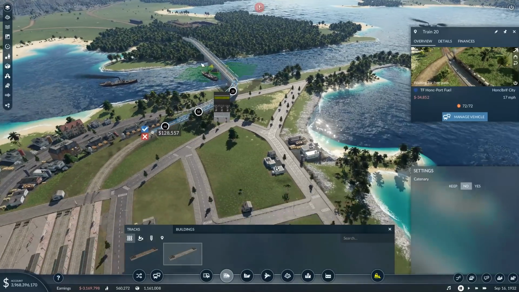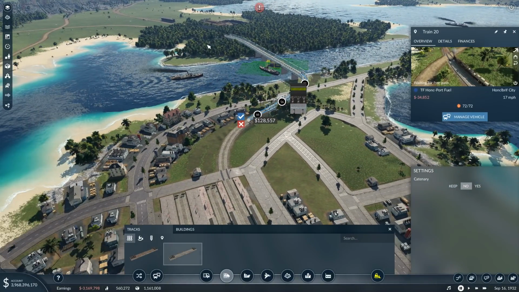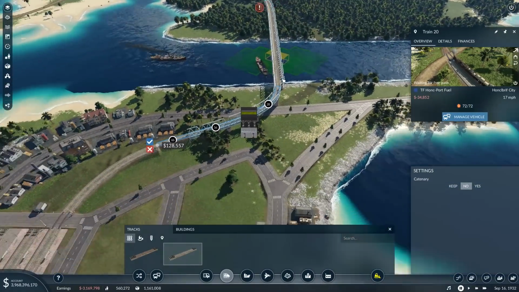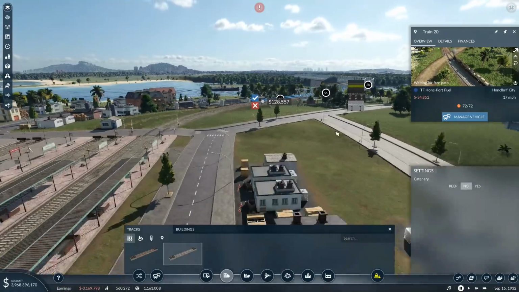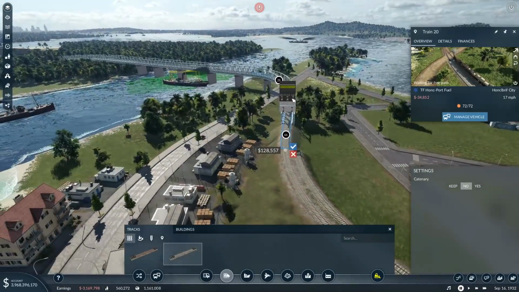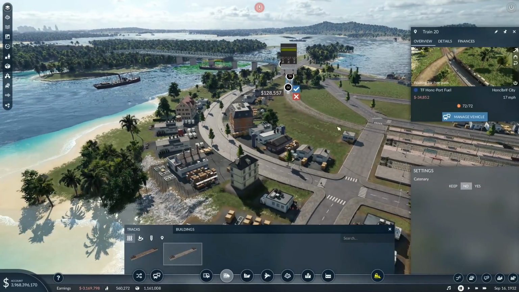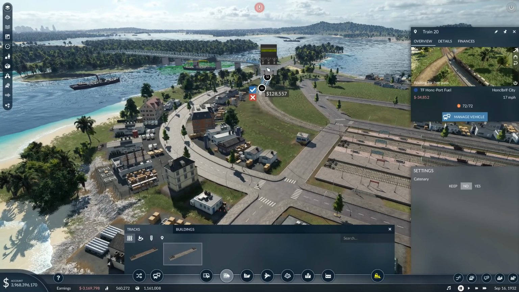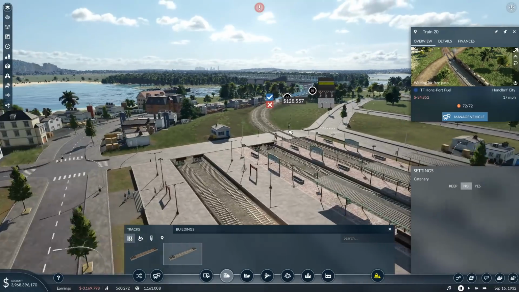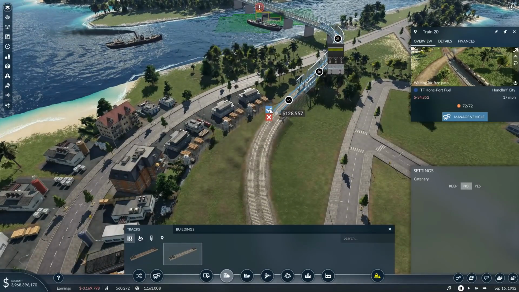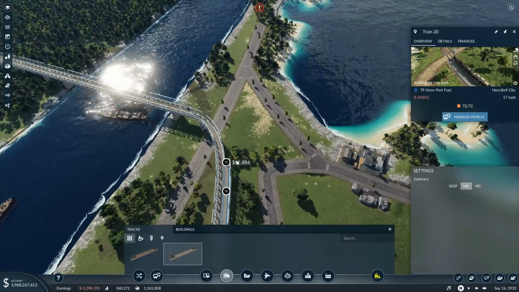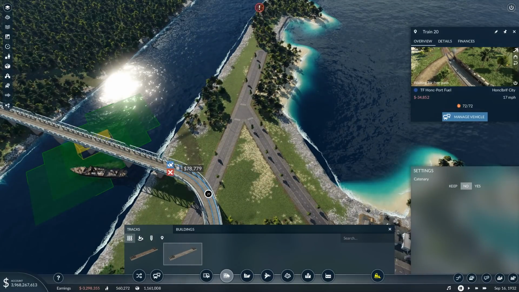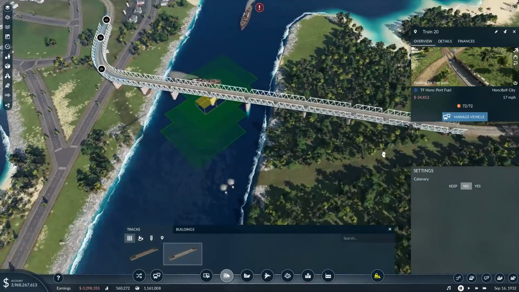Now, some people will say, oh, you should have angled the bridge or put the bridge further over and then you could have had a better curve or whatever. I would rather have the trains going slowly and have the bridge look at least kind of good and realistic. So that's what we're going with. Oh, yeah. Now, I'm going to run you up to there. Now, I'm going to get rid